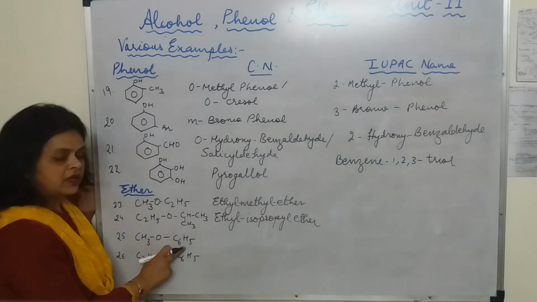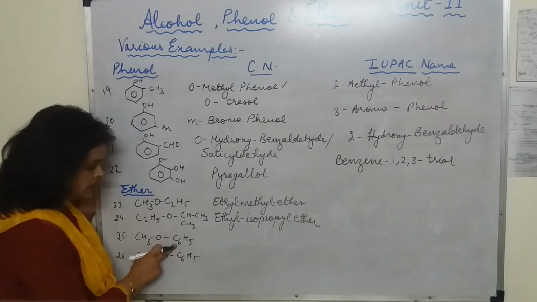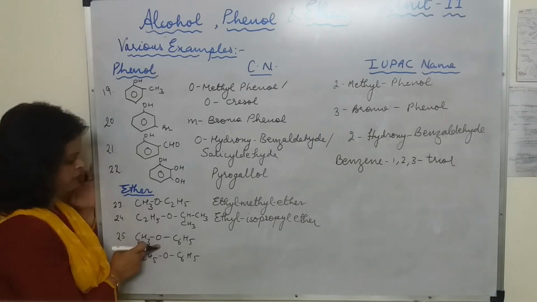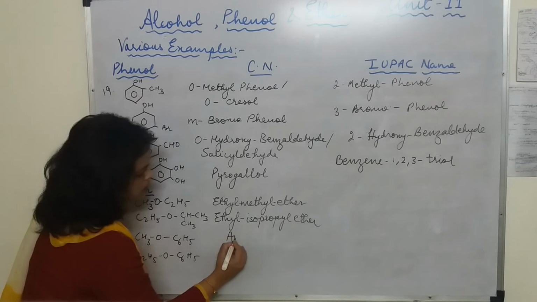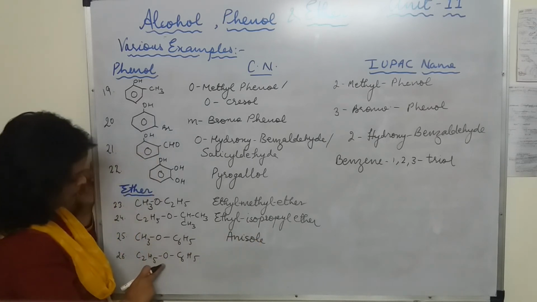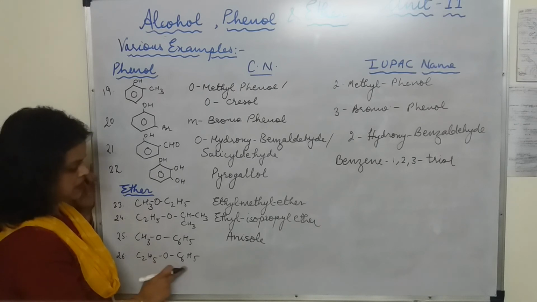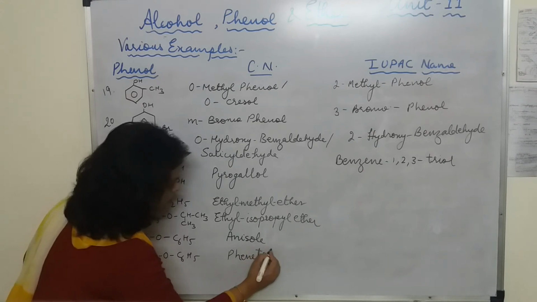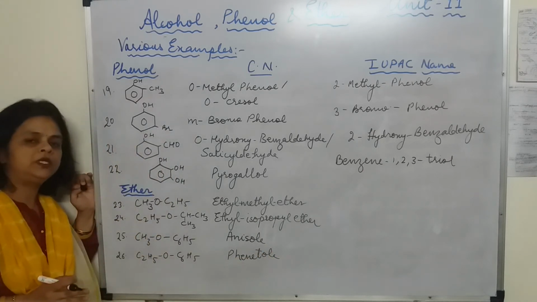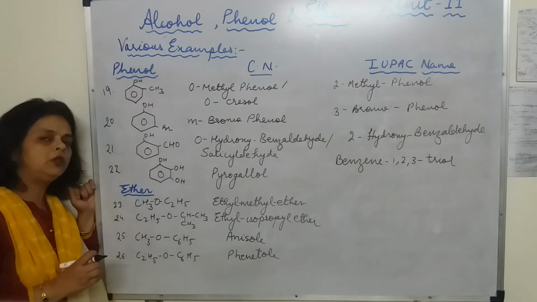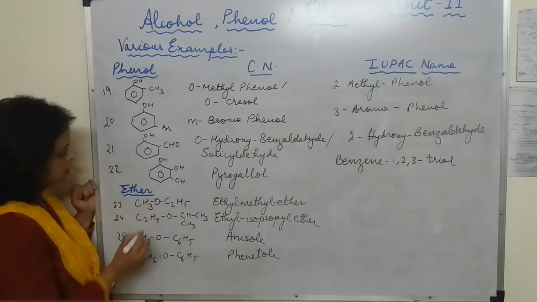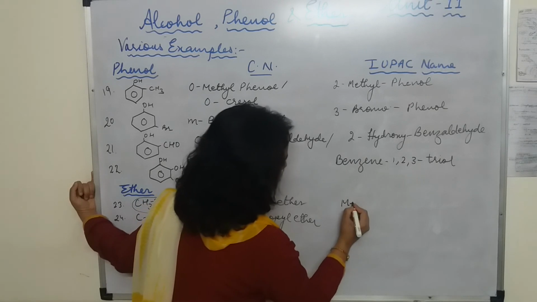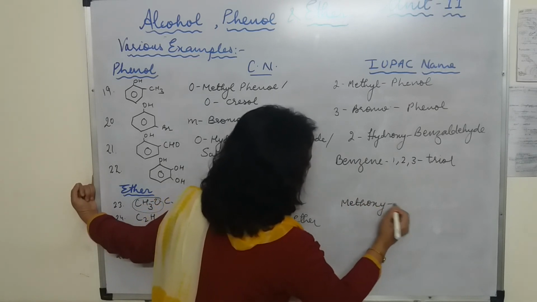Methyl, and here we are having the C6H5, that means to a benzene ring O CH3 group is attached, so the common name for this one it is anisole. And when C2H5O, it is connected with the benzene ring, then we are going to use the common name phenetole. Okay. Now, when we are going to write the IUPAC name, we will take the smaller alkyl group along with oxygen as alkoxy and the remaining is alkane. So, here it will be termed as methoxy and ethane. So, the IUPAC name will be methoxyethane.